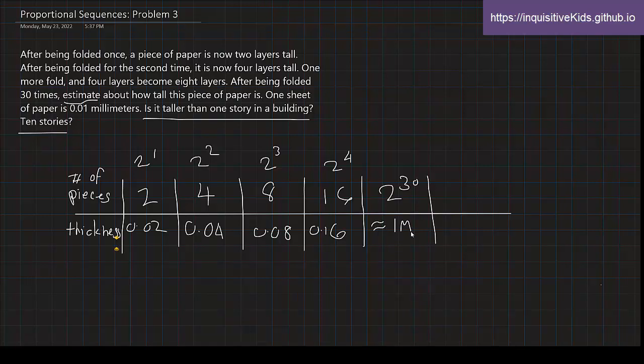So it's asking, so that was our estimate, and is it taller than 1 story in a building? Could a story ever be 1 million millimeters, or is 10 stories either? No, it's way taller than that. So that's why this is our final answer. No, and no, and this is our